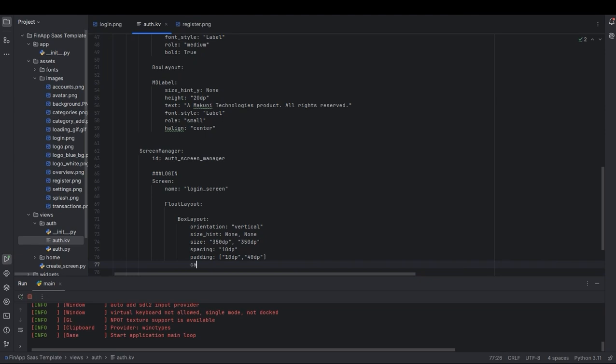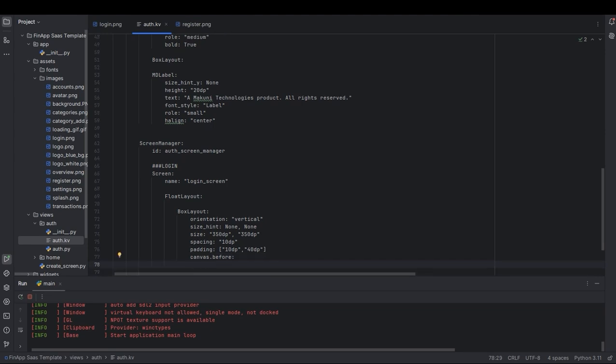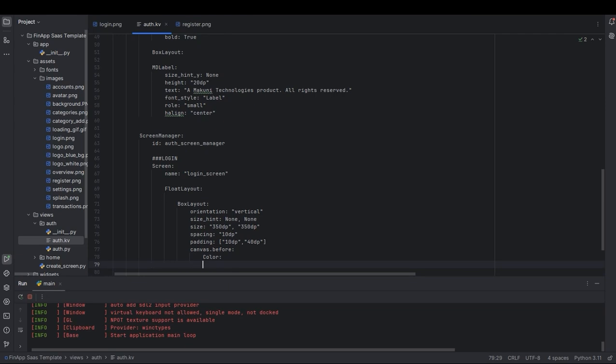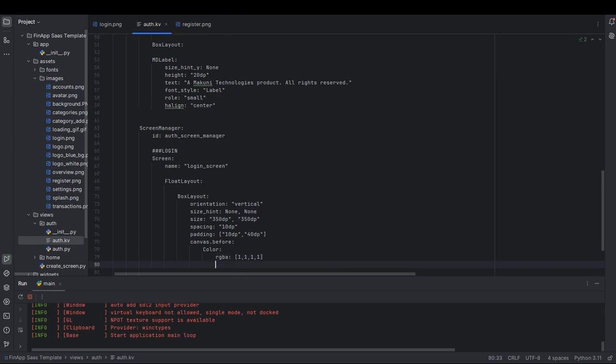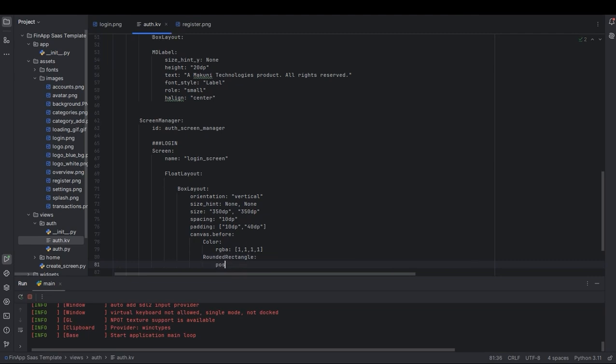We're gonna say canvas dot, and color, say RGBA 1, and we're gonna say rounded rectangle. Our pause is going to be self dot